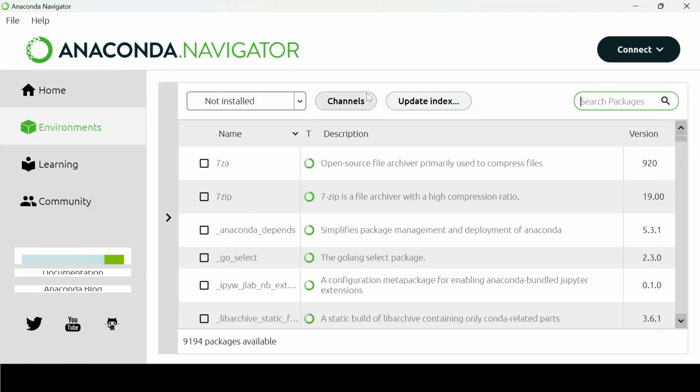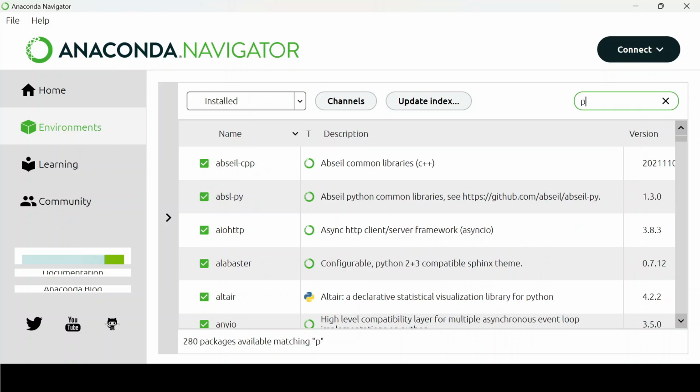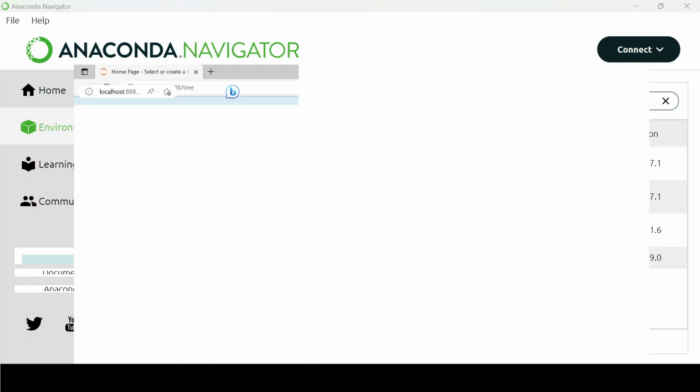So if you search, you have to click on installed and search here Plotly, and so our library is installed. Okay. So if you want to satisfy yourself, you can do it by